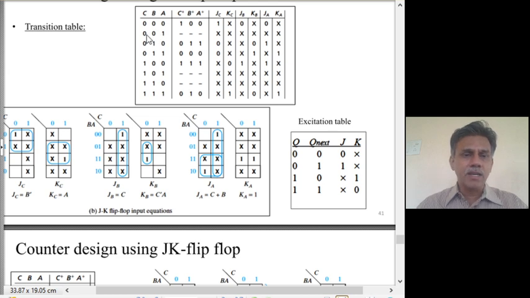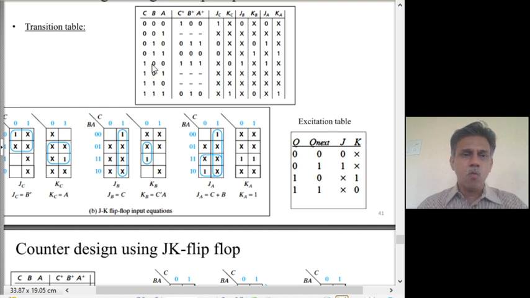Similarly, if you look at the next one, the outputs are don't care, so the excitations are don't care, so you put XX. Then the third one, C is 0, C plus is 0, 0 0, J has to be 0, K is don't care, so J is 0, K is don't care. Similarly, when we go from 0 to 0, the same thing, 0X.